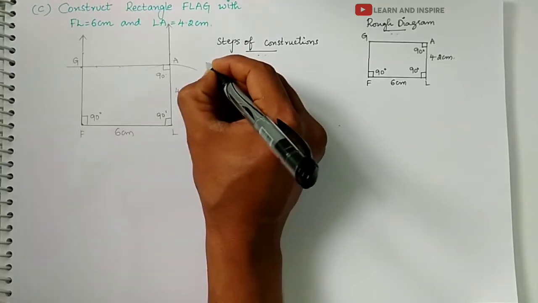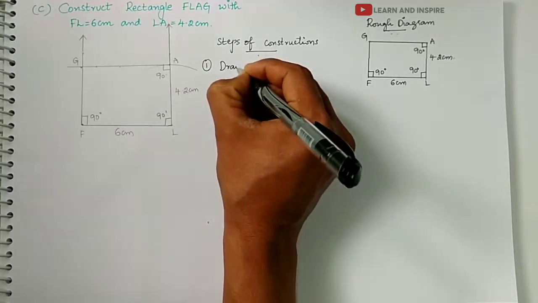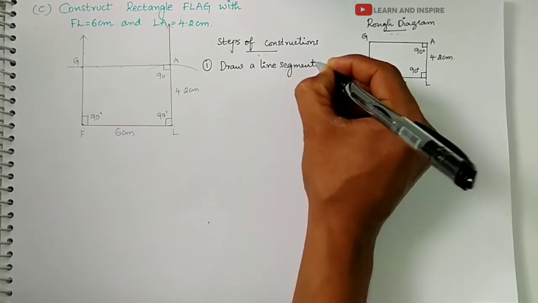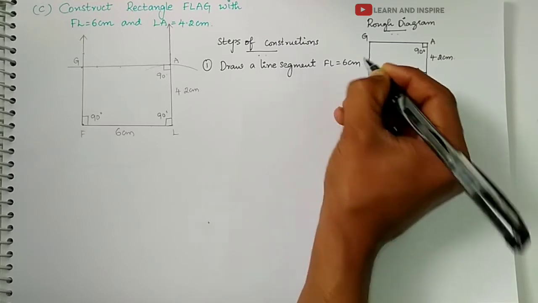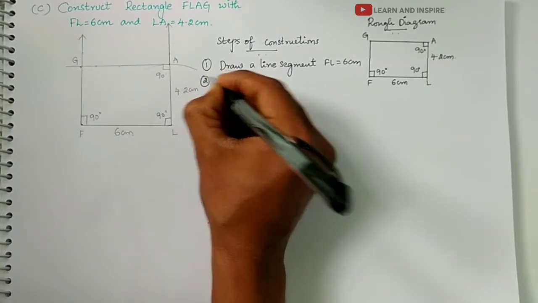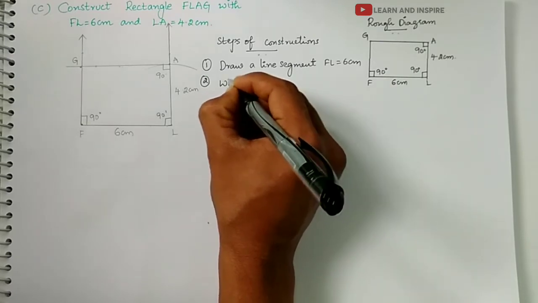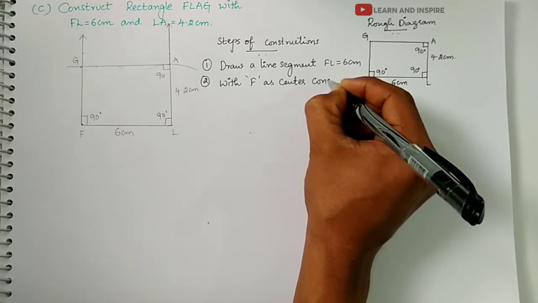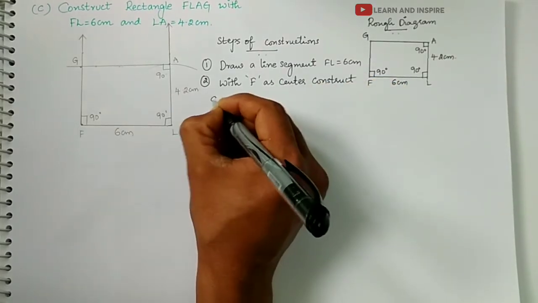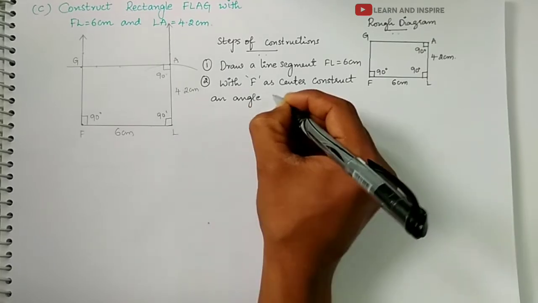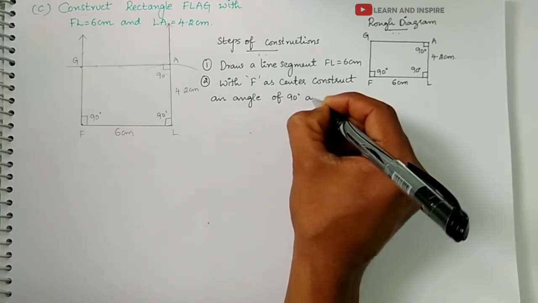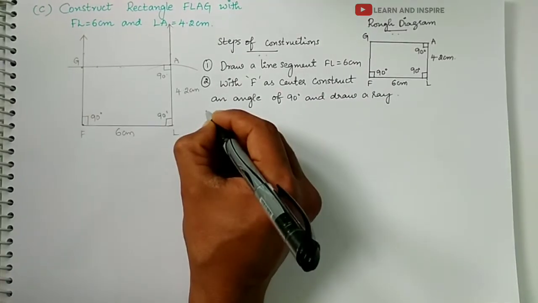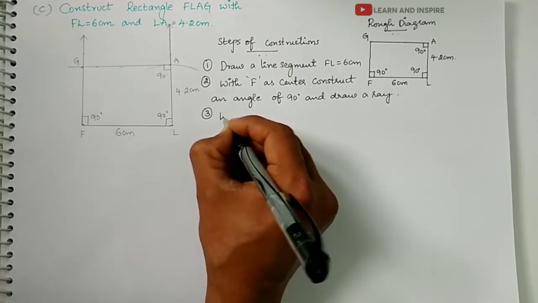Steps of construction. First step, draw a line segment FL is equal to 6 centimeters. Step number 2, with F as center, construct an angle of 90 degrees and draw a ray. Step number 3, with L as center,